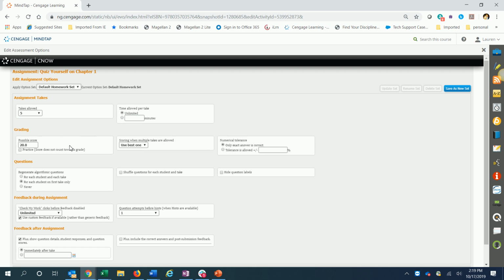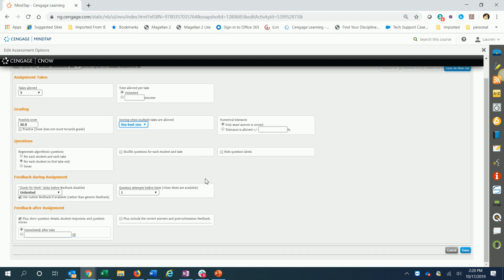The grading section will go over the score, if you want to change it to a practice assignment, which would then therefore remove it from the grade book. As well as if you are allowing the multiple takes, which one you want to use, the best one or the most recent one. You can also choose to shuffle questions for each student and each take, which can minimize